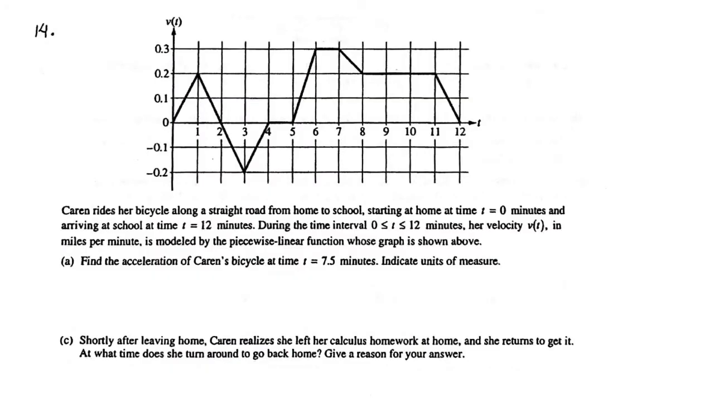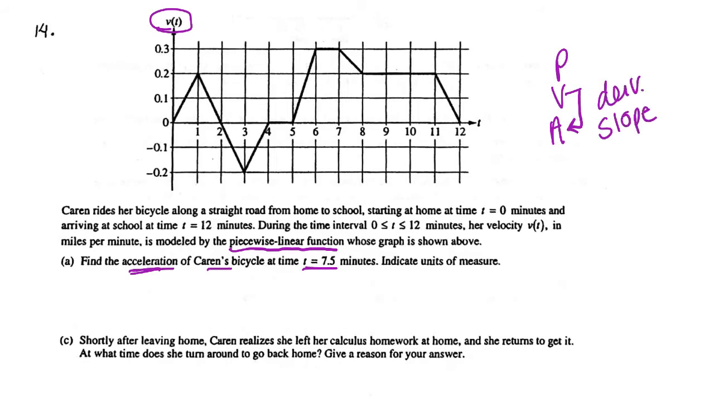Okay, with number 14, we've got a nice piecewise linear function. So that tells me I can find slopes and all kinds of stuff. We want to find the acceleration of Karen's bicycle at time t equals 7.5. Now keep in mind we're given the graph of velocity and we're asked to find acceleration. So again, let's go back to PVA. We're at a velocity and we're trying to get to acceleration, so that means we need the derivatives, which means we're probably looking for a slope. So really in our notation for this, since these are free response, let's be careful with their notation. We are finding A at